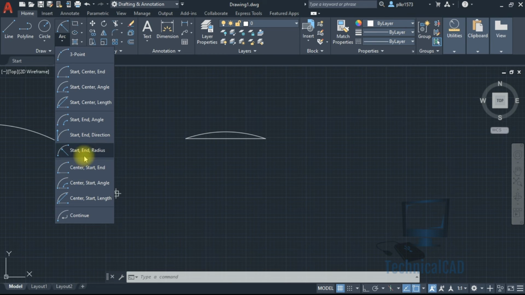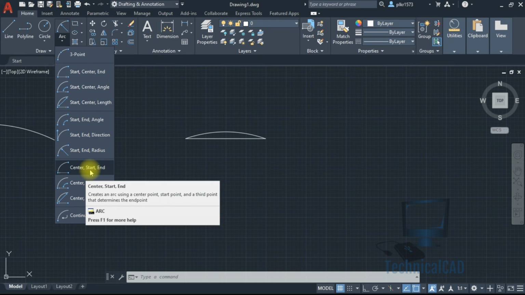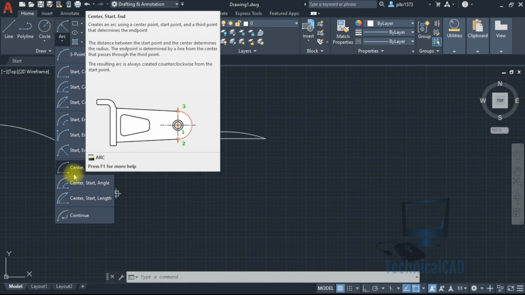Next, the center start family: center, start, end.